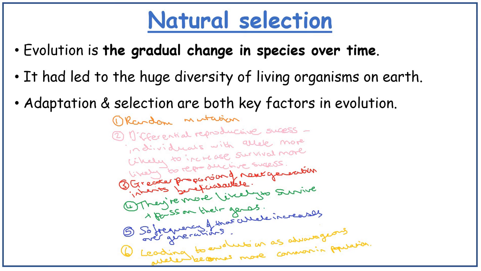Evolution is the gradual change in species over time. It has led to the huge diversity of living organisms on Earth. Adaptation and selection are both key factors in evolution. And here's an overview of what happens. So, there's a random mutation,